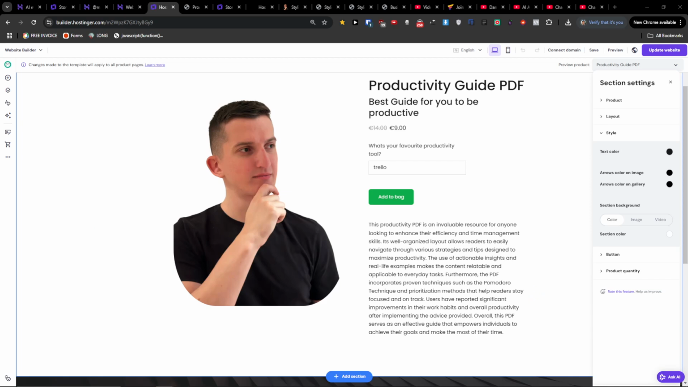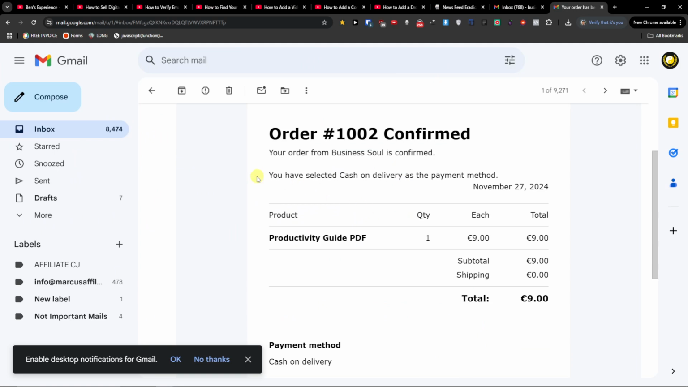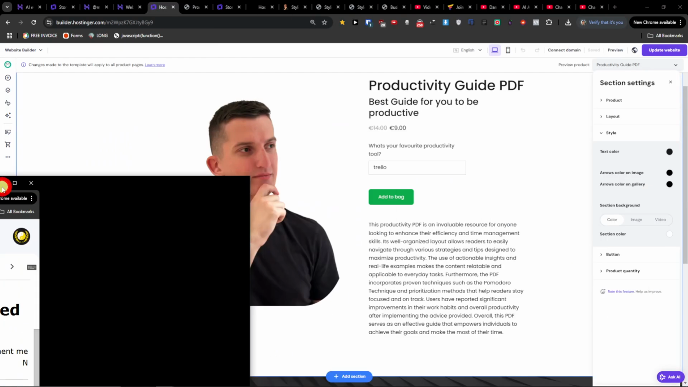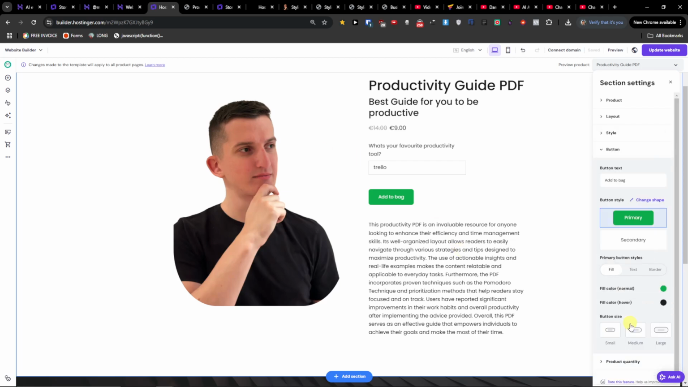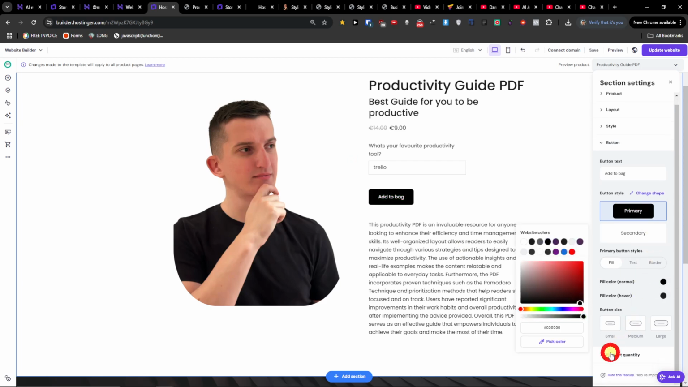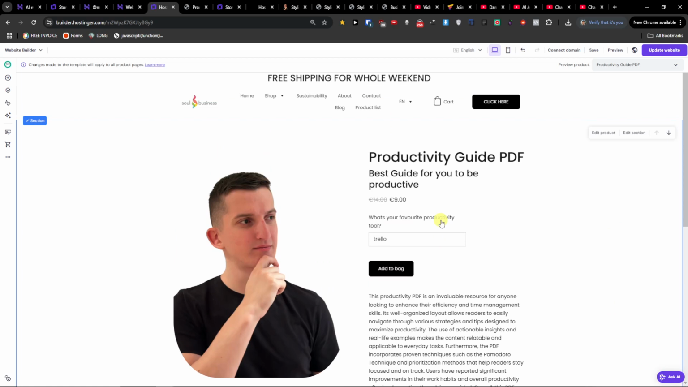And I just want to show you something that I just got, the email from the e-commerce site, and this is how it looks like. Look at that. You see that you have selected cash on delivery, order confirmed, right? And we got an email. And then you're going to find here the button that you can change the colors and everything, and product quantity. So here you see how it works and what you can do with it,